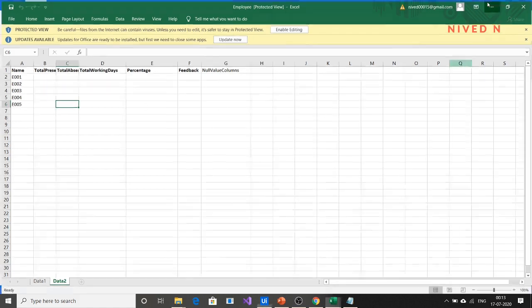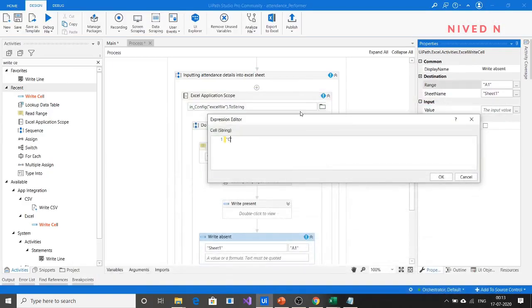So in general format, how you can write this is C plus row index plus 2, row index plus 2 dot to string. This is the same explanation that I have done in the case of present.